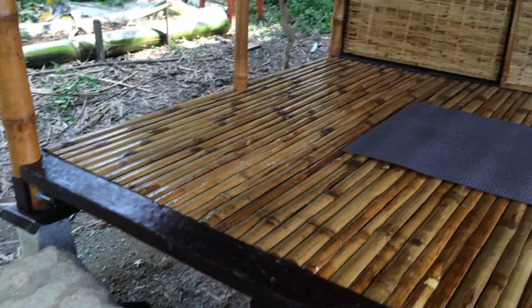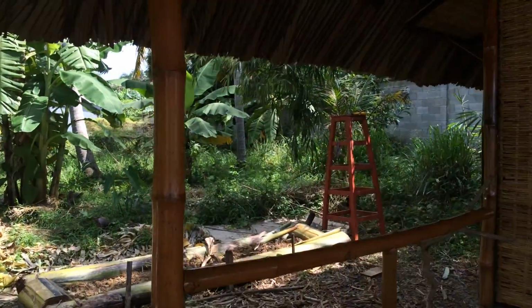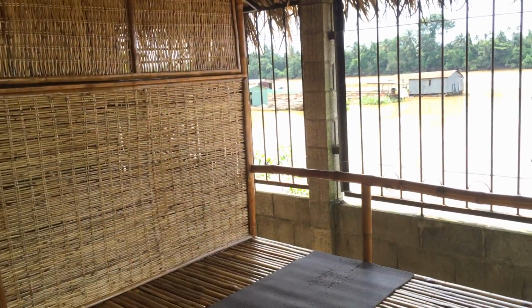Before coming into the hut, I would love to introduce you to this guy. This is Sausage. Because we built the hut mainly for meditation and yoga, somehow people call the hut the temple. The dog, when we started to build the hut, stayed here mainly the whole day, even slept here to guard the hut, and he got addicted to the hut, so we call him temple dog. You can see this is the main door